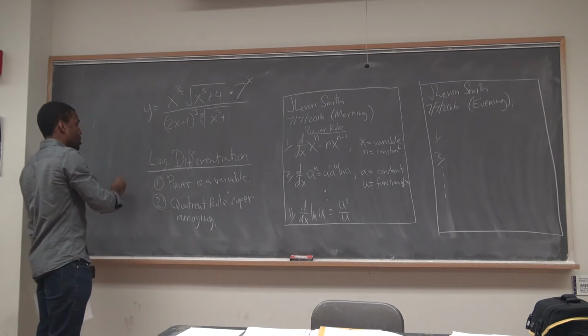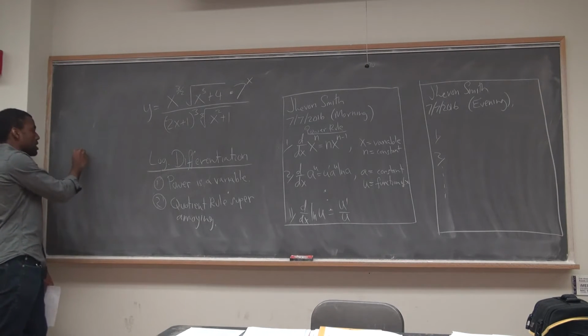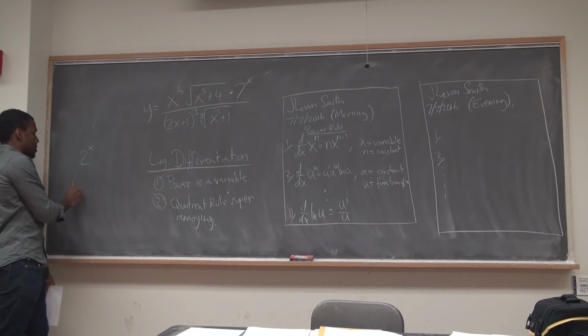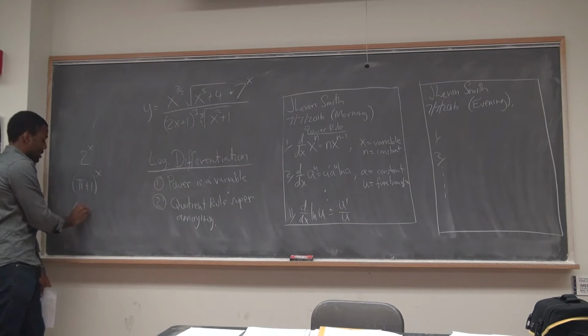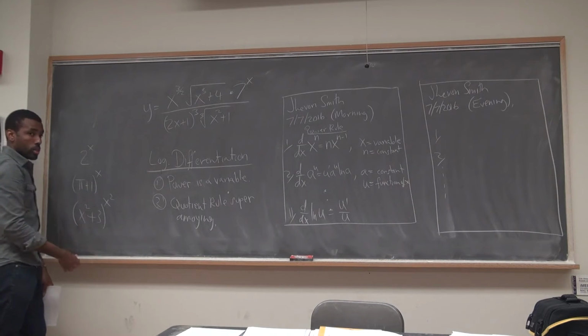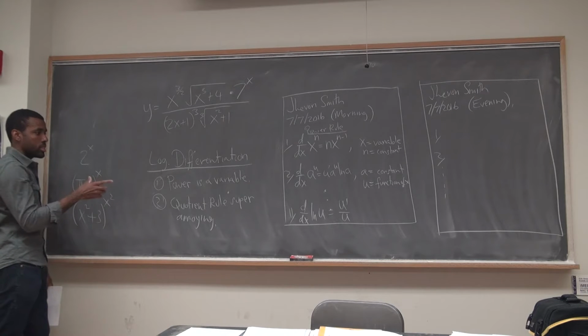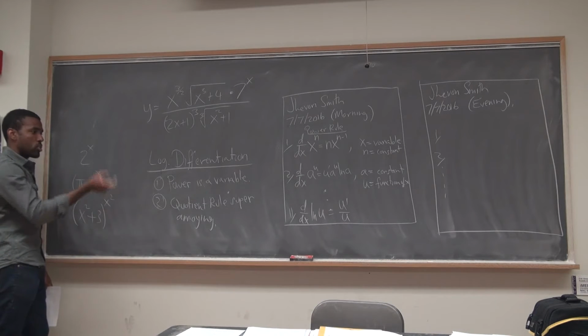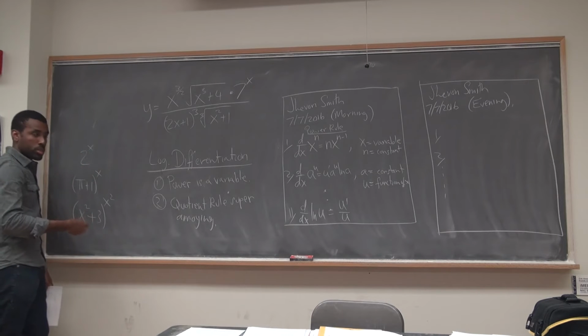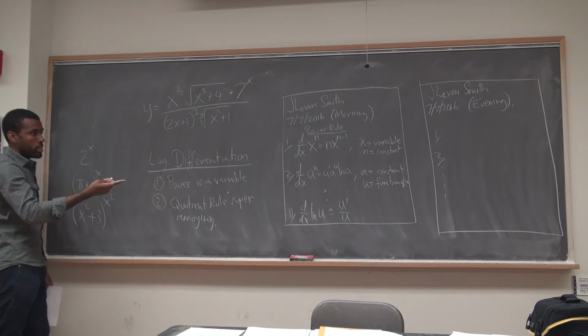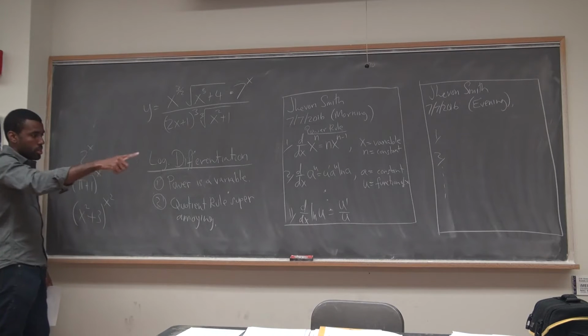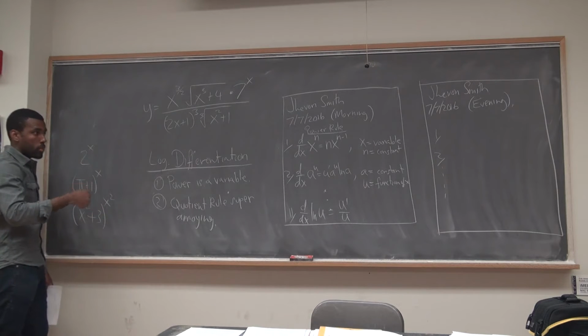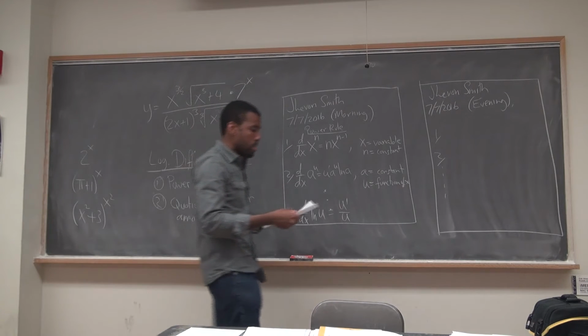So in that situation, or in a situation where you have a variable as a power, it doesn't matter if the base is a constant or not. Or x squared plus 3 to the x squared. Any of these, you use log differentiation for. So it's not really a rule. It's not something you can write down in a sentence, because it's a general method. It's a list of steps that you go through. You log both sides, you bring the powers down, you differentiate implicitly, then you solve for the prime. So it's not really a rule, it's a method.